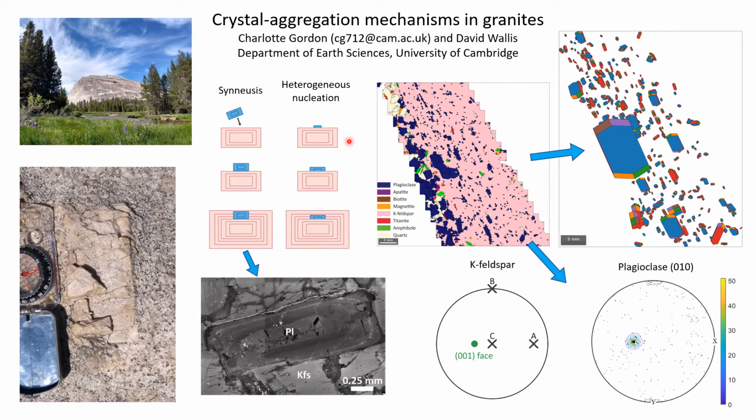We focused on K-feldspar megacrysts from the Tuolumne Intrusive Complex in California. This is it here, it's a beautiful field area, and this is one of the megacrysts. As you can see, they're huge. And they're full of inclusions of plagioclase, and we're interested in how those plagioclase crystals came to be included in the megacrysts. So we did some CL to look at the zoning and some EBSD to look at the orientations